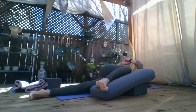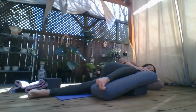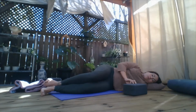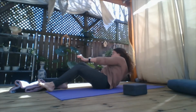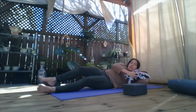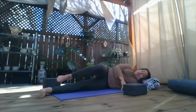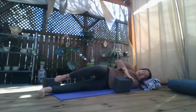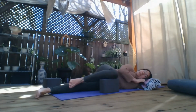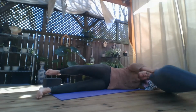Slowly, we'll bring ourselves back. From here, we're going to roll over to that left side. So that left arm will come to rest underneath the left bicep. This may be a space where you choose to take a blanket underneath the head, right? And now we're resting on that left hip, and then that block or that bolster can come underneath that right knee. So now we're laying on the side with just a little bit more